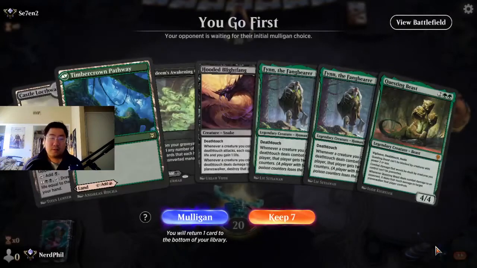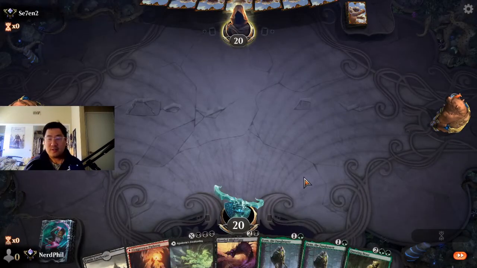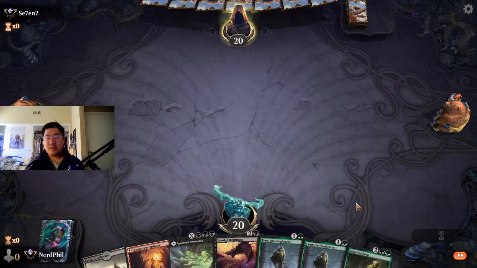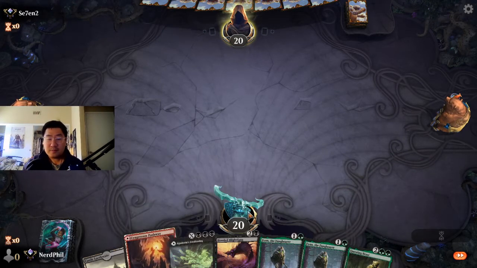So we're going first. We are definitely going to keep this hand. No reason not to. Turn 2 Finn, turn 3 Hooded Blightfang, and I would need a second green source to get the Questing Beast online,